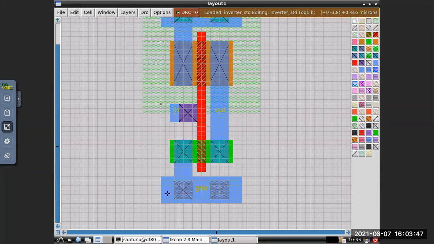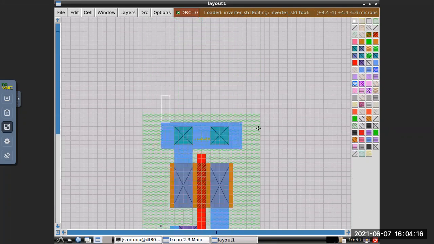So if you make the PR boundary from the center of this, then it will be 0.6, 0.6, so 1.2 will reduce. It is 4.4, 3.2. So that will be your 3.2 micron total height.